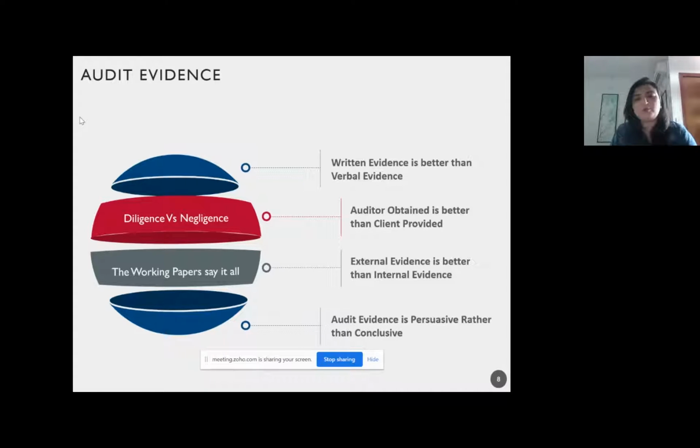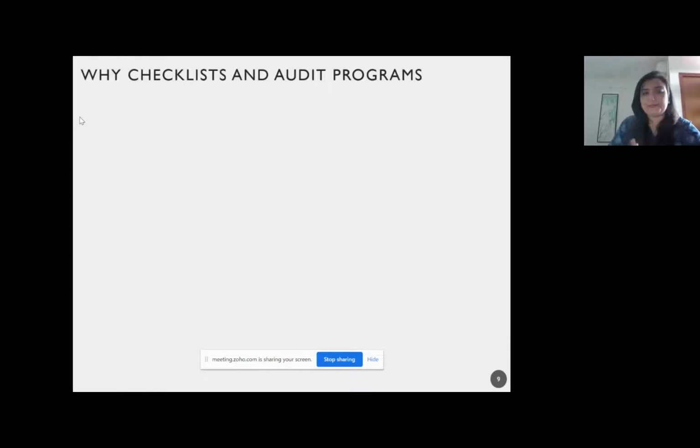So I didn't really want to do standard on auditing as a separate segment simply because it really doesn't excite most of us. But of late, I've been thinking maybe we should at least pick out 10 important lines from every standard on auditing and only do that in great detail. And all this is very important because you audit under GAAP, your generally accepted auditing principles, where you're given the benefit of sampling. And your audit evidence is always only persuasive rather than conclusive, which is why you need great working papers. And the standard on auditing on working papers documentation says that you must get your working papers ready within 60 days of conclusion of the audit, which is ample time.